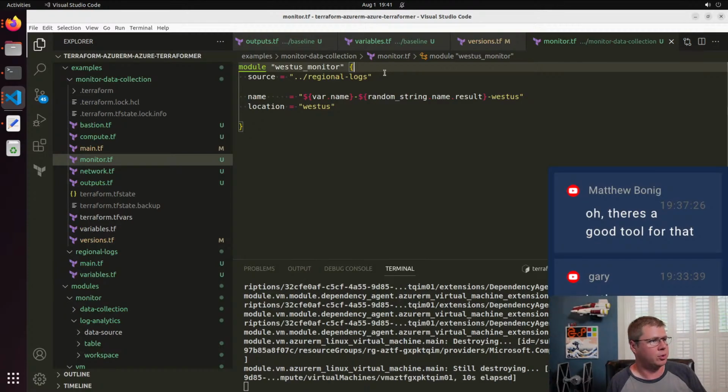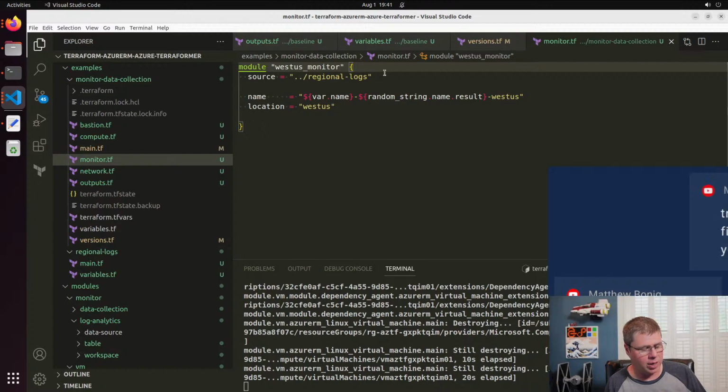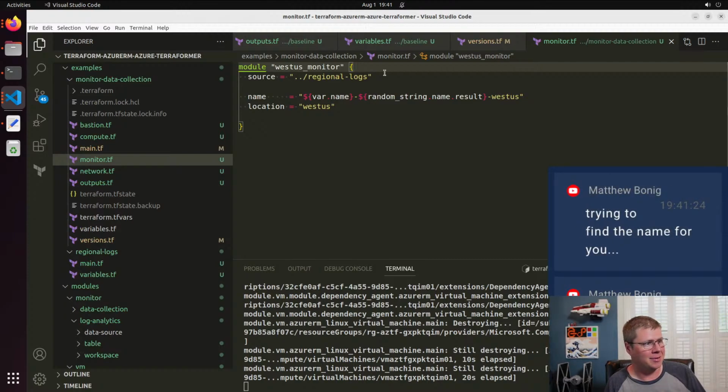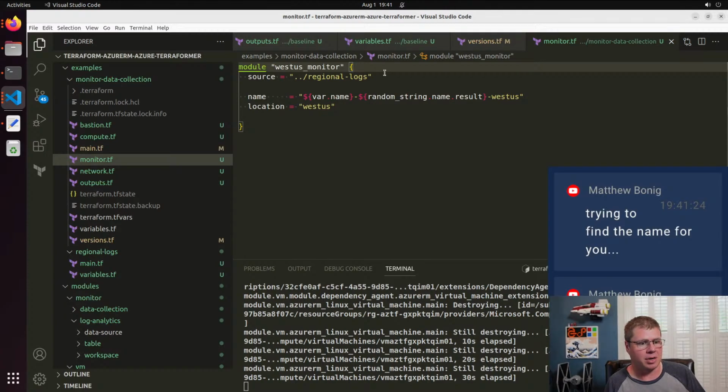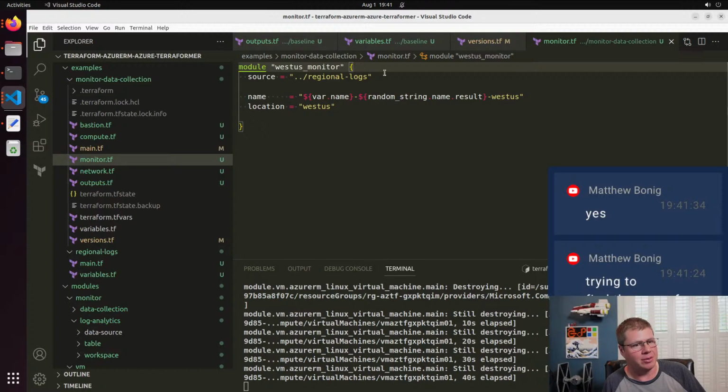A tool for Linux key mappings for Apple, so that I can do Control S or Apple S and Apple C. It's not even called Apple, it's that weird squiggly key. Oh, thanks, man. Yeah, remapping shortcuts. I use Parallels, which I think it tries to do that, but I don't know. It just